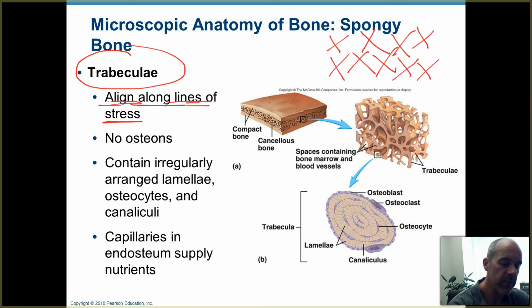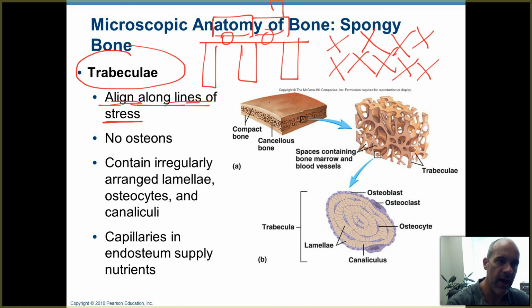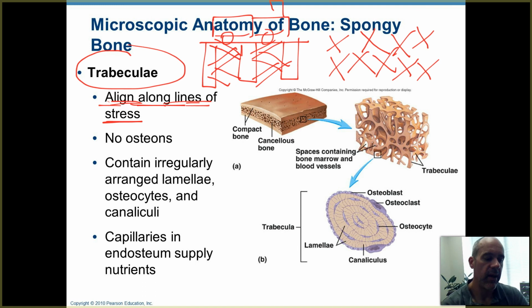within the spongy bone, function like railroad trusses. If you've seen a railroad bridge before, you've got a little train going across it. A railroad bridge is not a solid sheet of concrete or wood or whatever. You have crisscrossing trusses on the bridge, and that crisscrossing of those pieces of wood or metal helps distribute the weight of the train that's passing over the bridge. So the weight gets distributed this way,